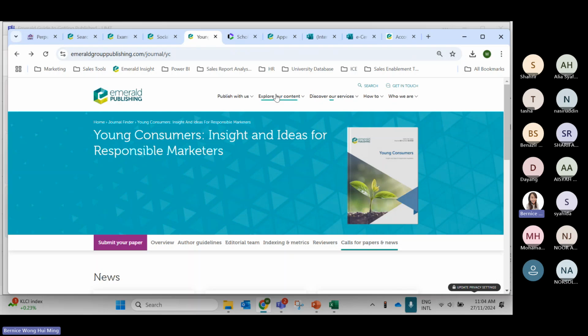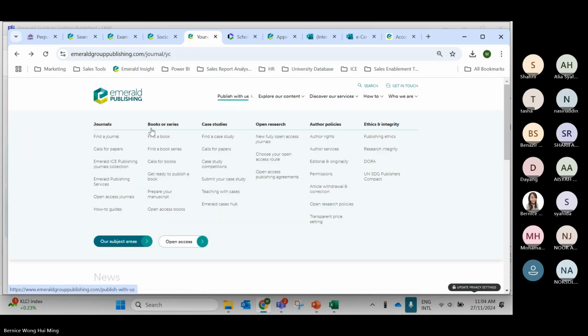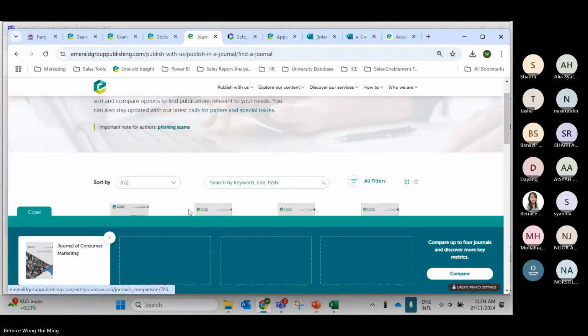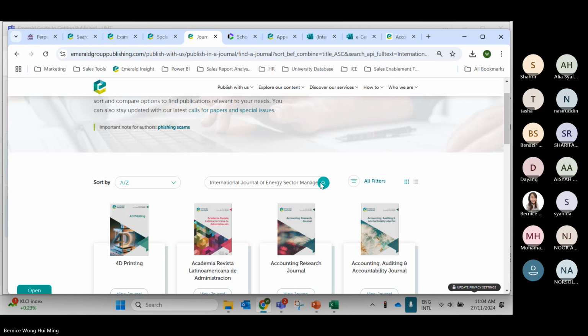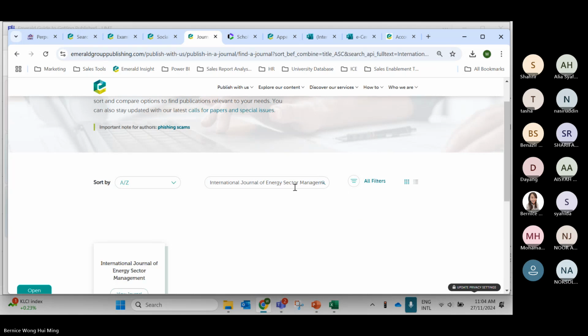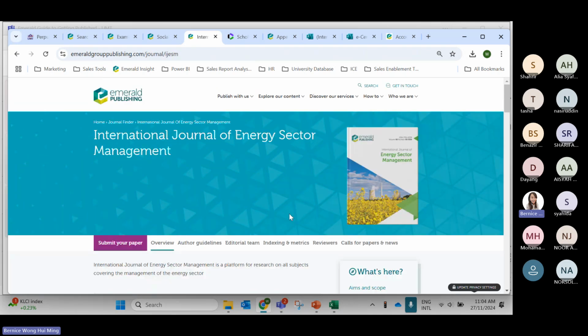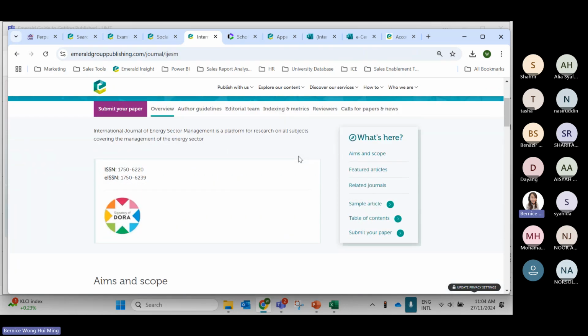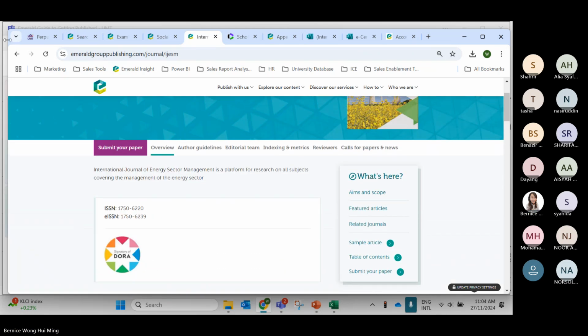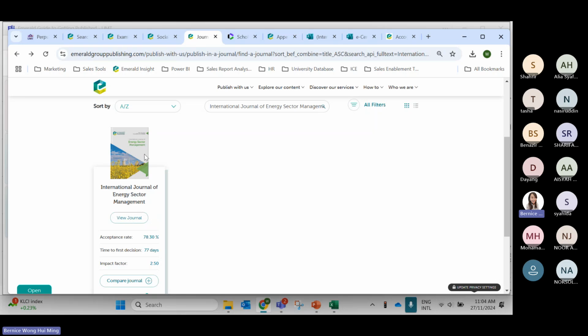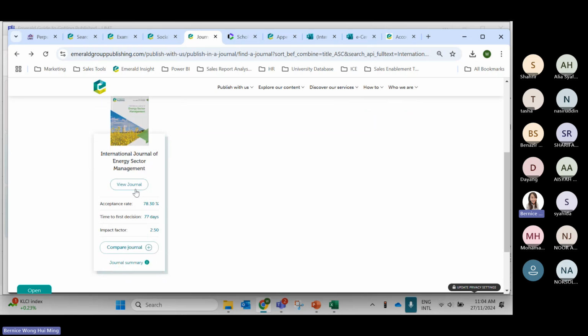Okay, go back to my journal. So this is the journal for Energy Sector Management. And then you can, sorry, you can go back. So this is one of the journals that you can consider to publish in.